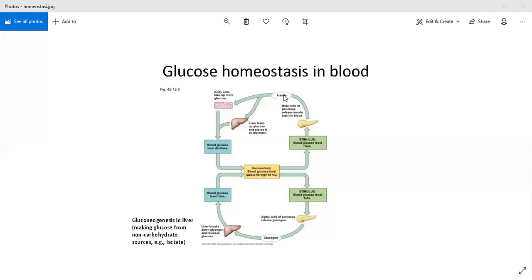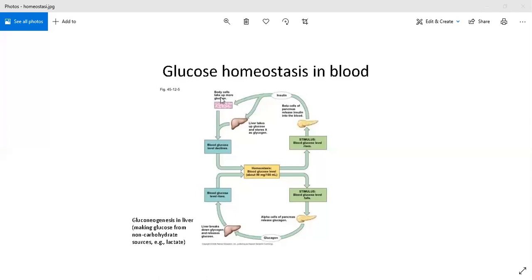So the conversion of glucose to glycogen is called glycogenesis. Glycogen, genesis means beginning or production. Okay, so glycogenesis. Then the second action of insulin is that insulin causes your body cells to take up more